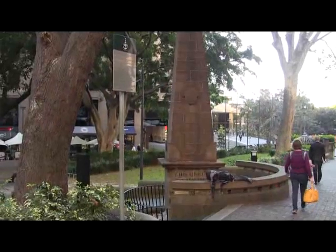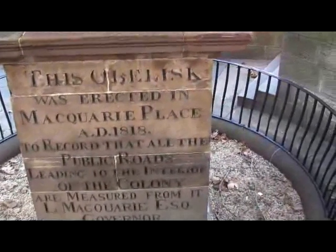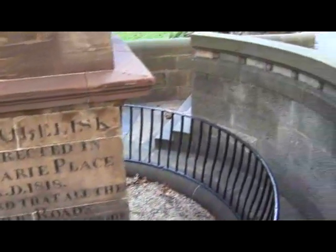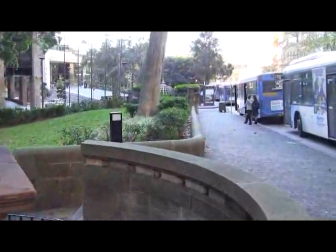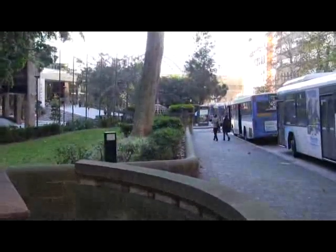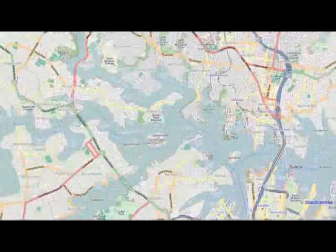The Great North Walk starts at the Obelisk in Sydney. This obelisk is nearly 200 years old and is the 0 point for all measurements taken on roads in New South Wales. This walk gets us from the city